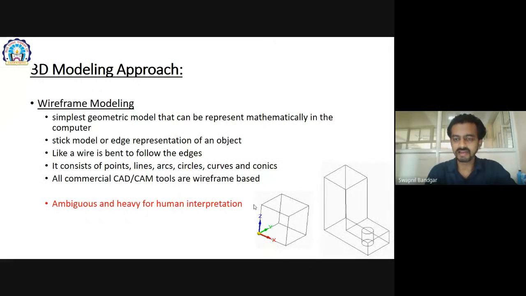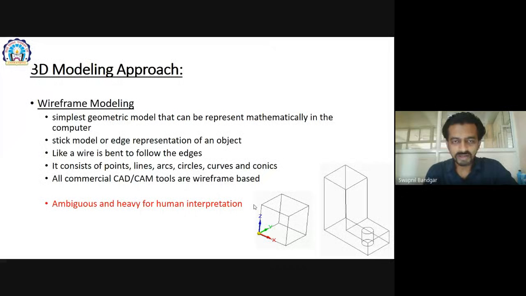As an example, there is a cube on the left side bottom. That cube is made up of wireframe modeling, and the next object to the cube is also made up of wireframe modeling.